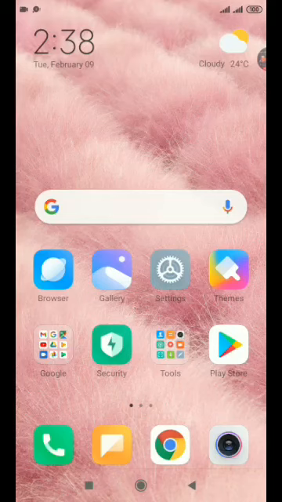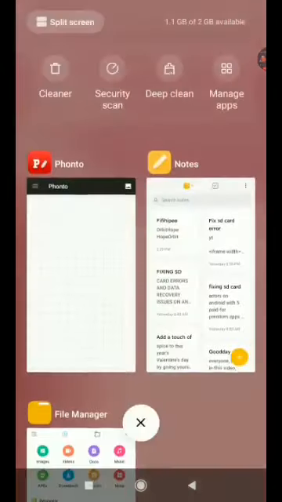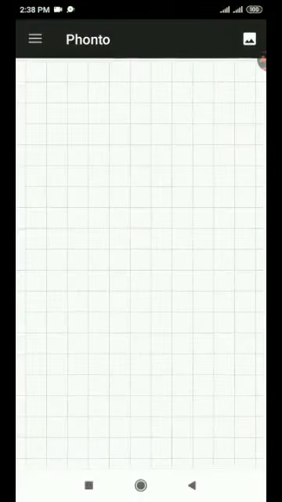So now let's, without wasting time, let's get to business. So this is a photo editing app called Phonto,